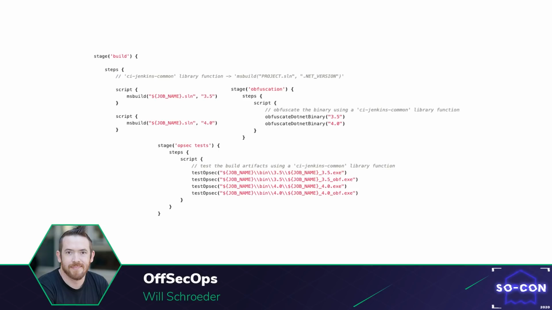The language in declarative Jenkinsfiles is Groovy. It's a little bit weird. It can be a little bit annoying at times, but in general, it's not too bad. It's like code is code. It's not that different from other things. You have different steps and stages and things you can do with this. You see some of the code here, like obfuscating binaries or building them or testing the OPSEC. This is just an example to give you an idea of what it looks like. At the end of this presentation, I have a POC or GTFO sample for a declarative pipeline that